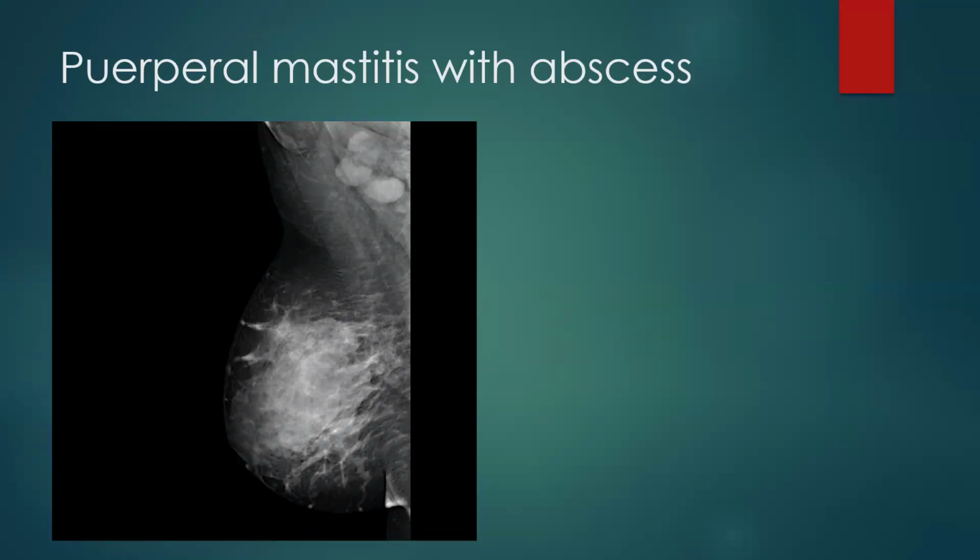This is a mammogram of the right breast. The right breast is heterogeneously dense, which could obscure small abscesses if found. In the upper outer quadrant of the right breast, there is a big oval mass with obscured margins and density equal to that of the fibroglandular tissue of the breast.